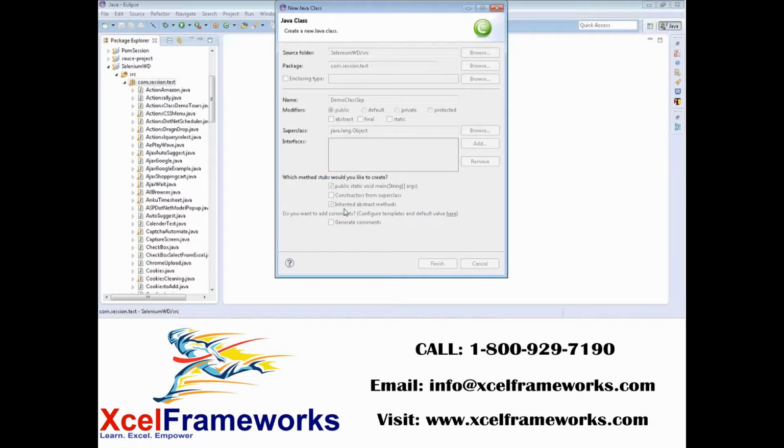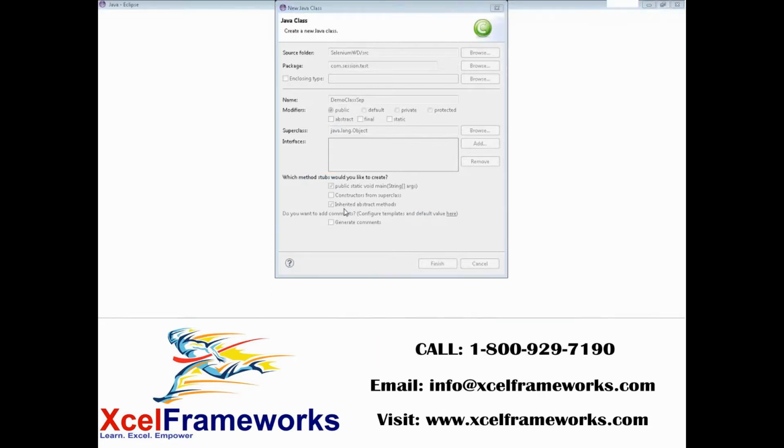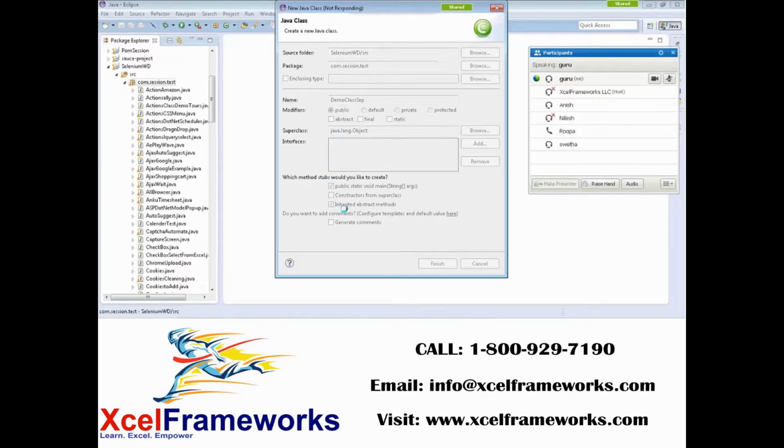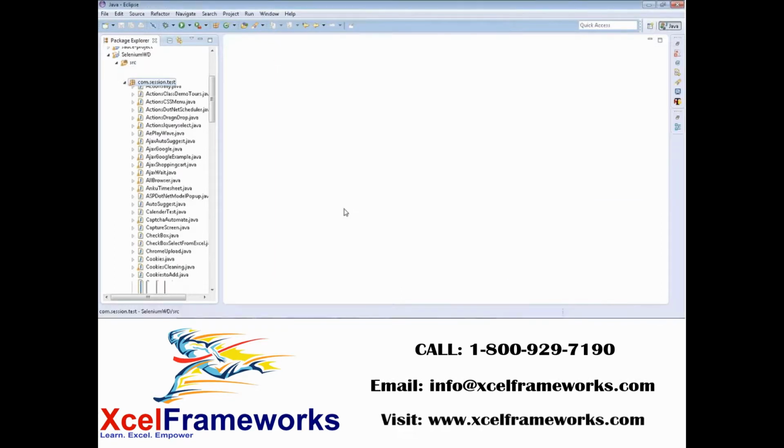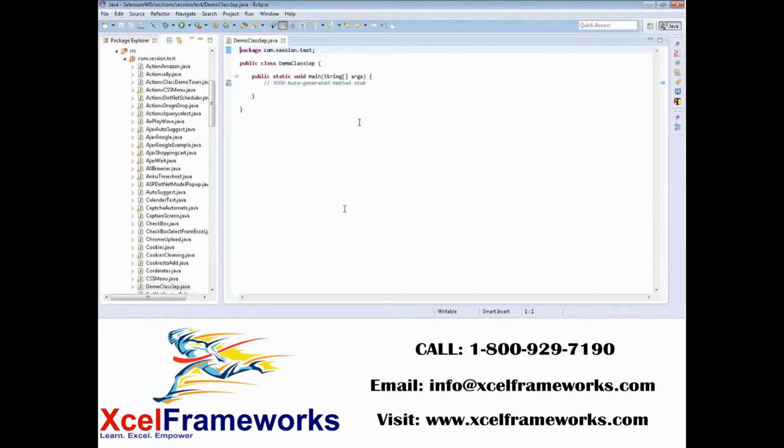So you need not worry about what this is, how to download, or how to configure. We are going to teach right from scratch: where to download Eclipse, how to download it, how to configure it. Probably you might need to share the screen with me, then and there I'll fix the problem, and then we'll go to the next session. That will always happen. It's not something where I just go through and say refer to the video. You know to refer to the video also, because that's the way we practice in our sessions.